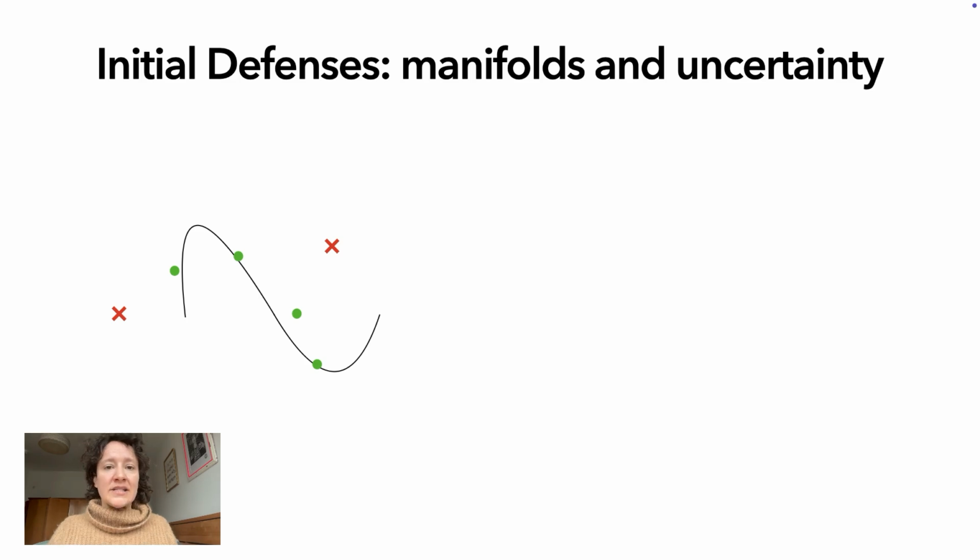What early research did is it said, okay, we're going to take these adversarial examples and repair them. We're going to use autoencoders or other ways to take them from outside the manifold space and try to fold them in or move them towards the manifold. There was a lot of really interesting research on how to build those types of autoencoders that can take something outside of a certain decision space and transport it a little bit closer to the decision space that we know.